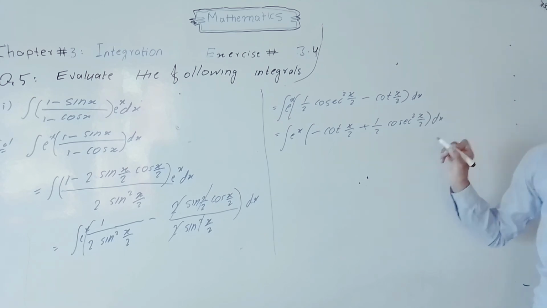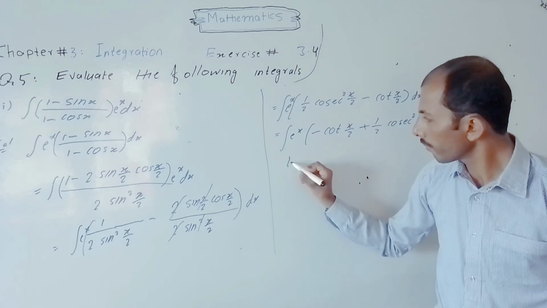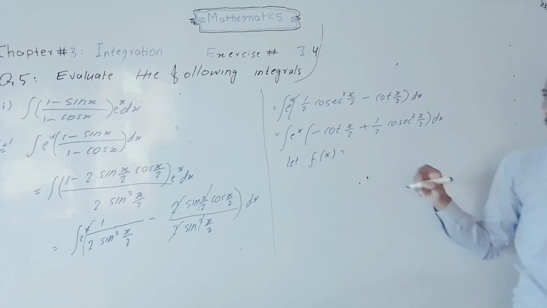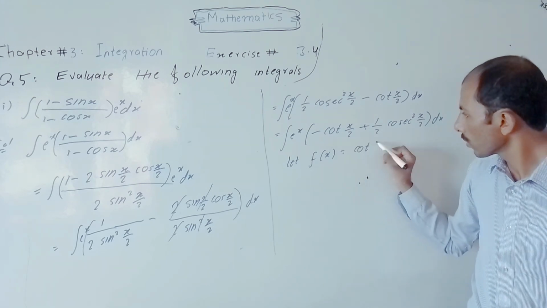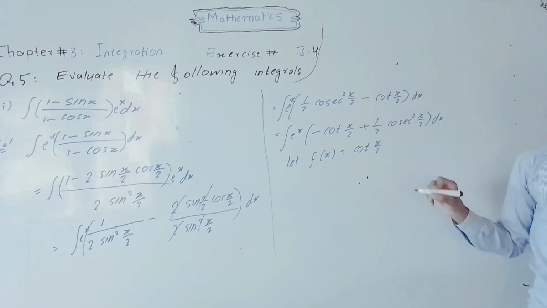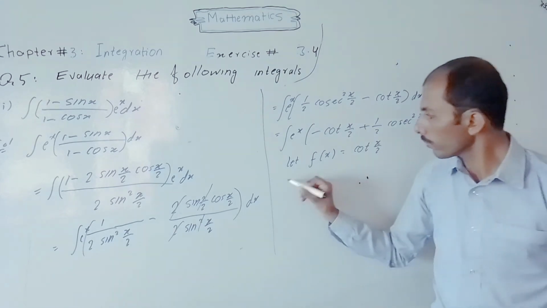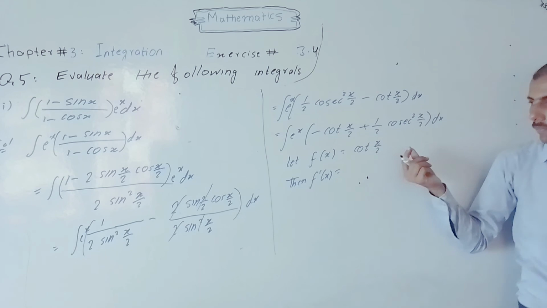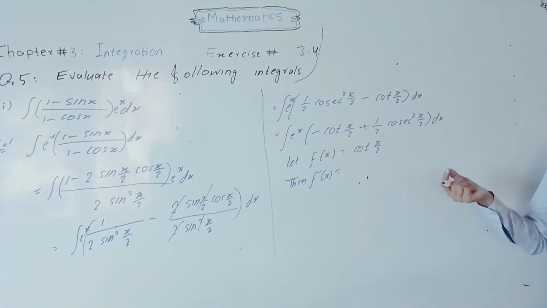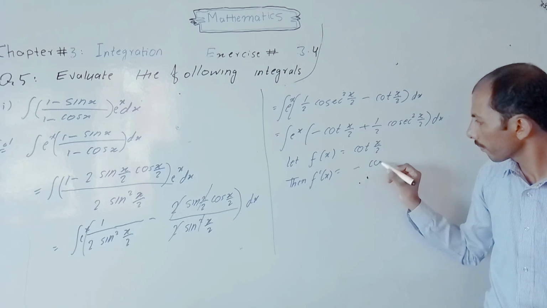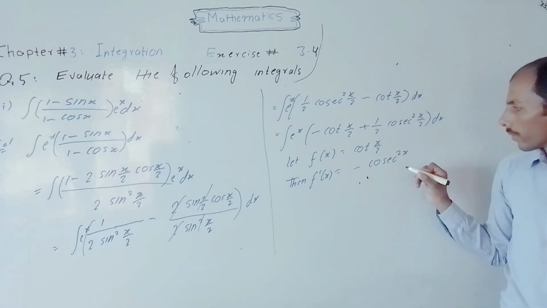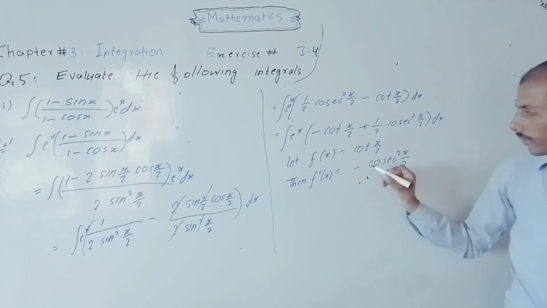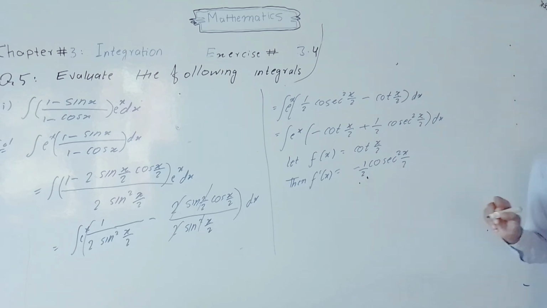into dx. So let's suppose f of x is equal to minus cot x divided by 2, then f prime of x is equal to the derivative of cot x with respect to x, which is minus cosecant square x divided by 2, and again the derivative of x divided by 2 is 1 divided by 2, so 1 divided by 2 first, which is equal to,